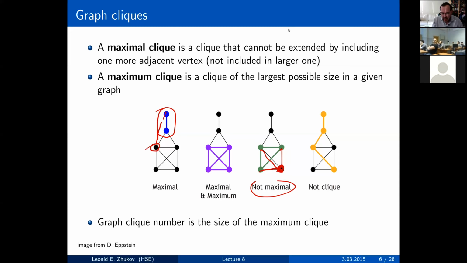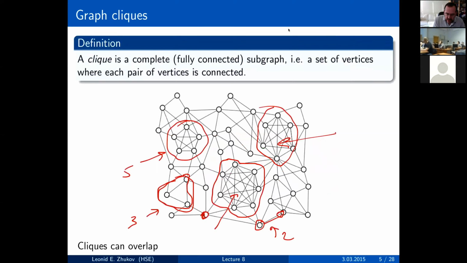And the maximum clique is the largest possible clique in the graph. And so here, this is a maximal and maximum clique, right? And quite often you can define a clique number for the graph, which is the size of the maximum clique. So using these definitions, going back to our previous slide, you can see that